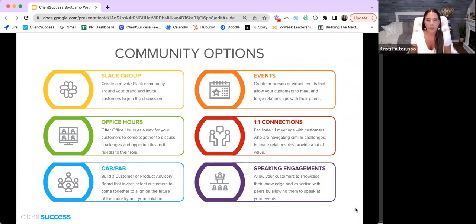And in fact, I will tell you, the environments in which they're not product focused are the ones where I typically get the most value. And so think about yourself and how would you like these conversations to go, right? Do you want them to be about the products and the software that you're purchasing? Do you want it to be about the other things that you're navigating as you're connecting with your peers? So facilitating different types of events.